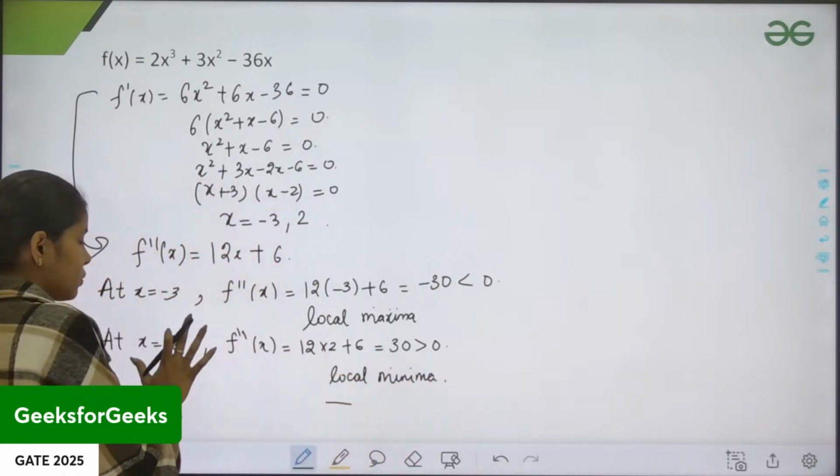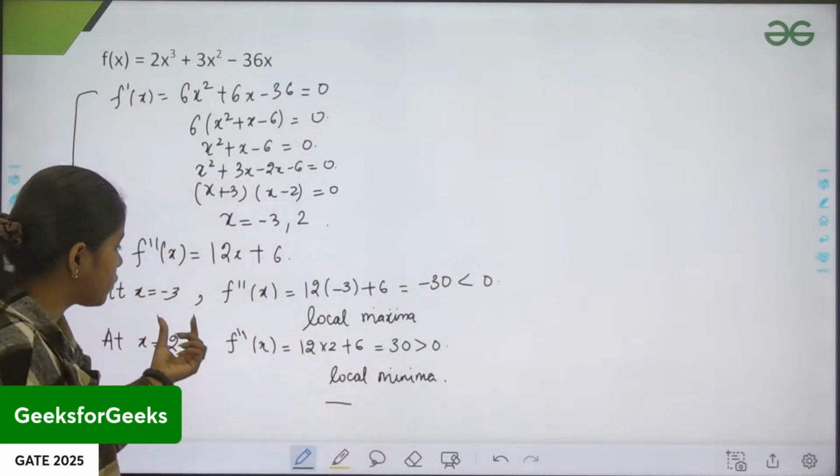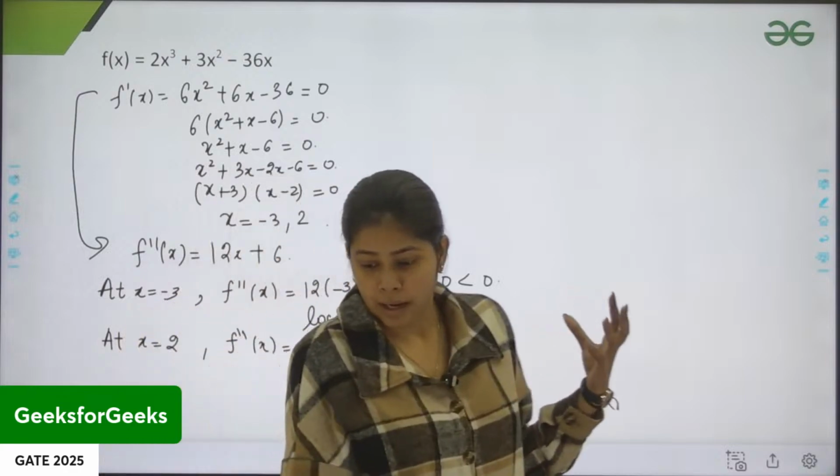At x equals 0, at x equals minus 3, I am getting local maxima. And